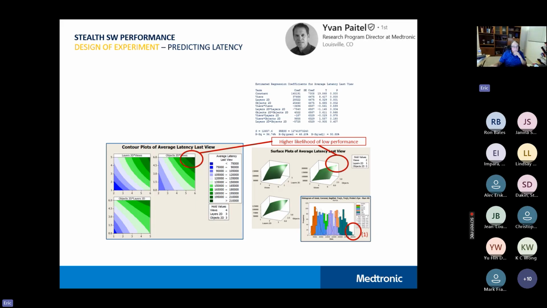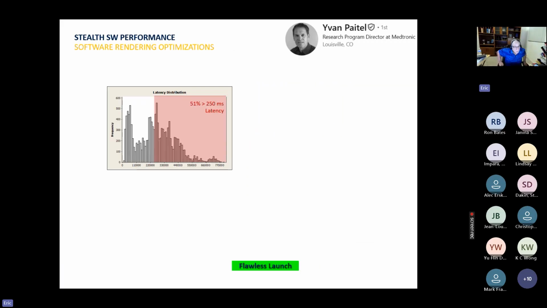and showing where your latency would be bad, and being able to determine which factors from the software side and the hardware side, but primarily from the software side, would have those effects, and what they could do to eliminate those latencies that would have that performance issue of being greater than 250 milliseconds. How could he change the software so they would not have very many cases of a latency greater than 250 milliseconds? Then he took that, after he optimized, into Monte Carlo simulation, which showed that as it was before, about half the